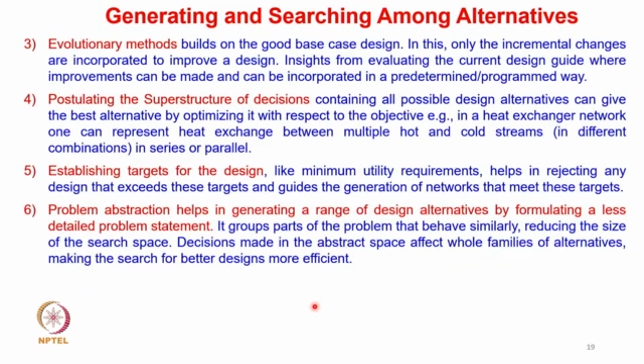So when we have a problem abstraction, it helps in generating a range of design alternatives by formulating a less detailed problem statement. It groups part of the problem that behave similarly. It reduces the size of the subspace. Again, the decisions made in the abstract space affect whole families of the alternatives, making the search for better design more efficient. So what we can say here is that the decisions made are actually applicable to the entire block, entire